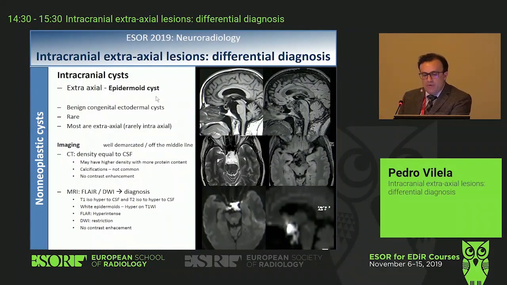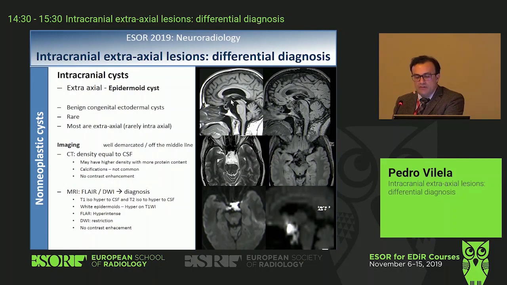On the other hand, epidermoid cyst, you cannot make the differentiation from epidermoid cyst to arachnoid cyst only on CT. You are going to need to look at MR. And what is going to be the major positive findings? On dark fluid or FLAIR imaging, it does not follow the signal intensity that it has the arachnoid cyst. It has the signal intensity different from CSF and has restricted diffusion on the diffusion images. And these are the two features that allows you to make the differential diagnosis between an arachnoid cyst and an